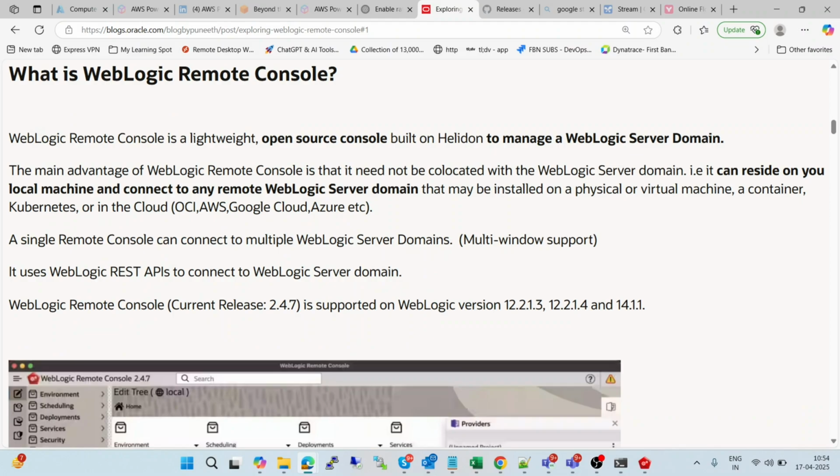So what is the WebLogic Remote Console? WebLogic Remote Console is a lightweight open source console to manage WebLogic Server domains. And the main advantage of WebLogic Remote Console is that it no longer needs to be part of the WebLogic Server domain. It can reside on a local machine or any centralized location like jump servers to connect to any remote WebLogic Server domain. And the domain can be installed on any physical machine, virtual machine, container, Kubernetes, or